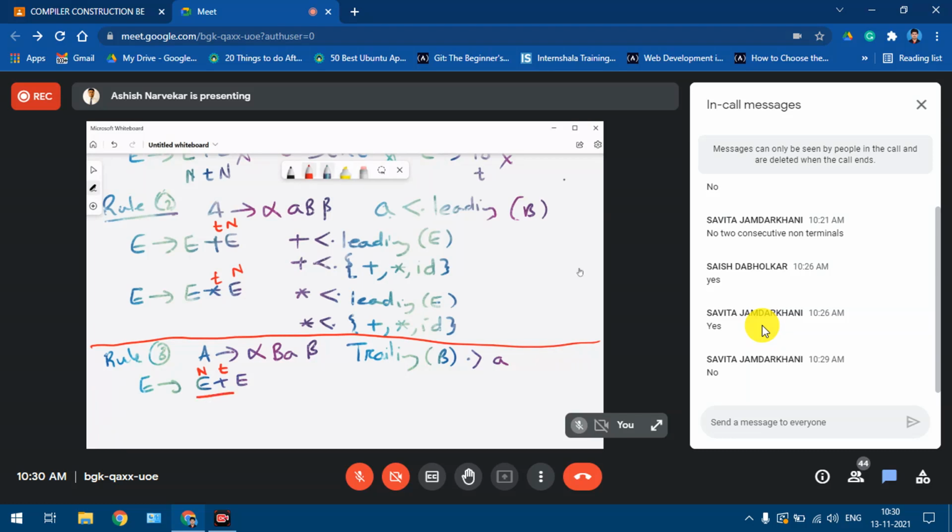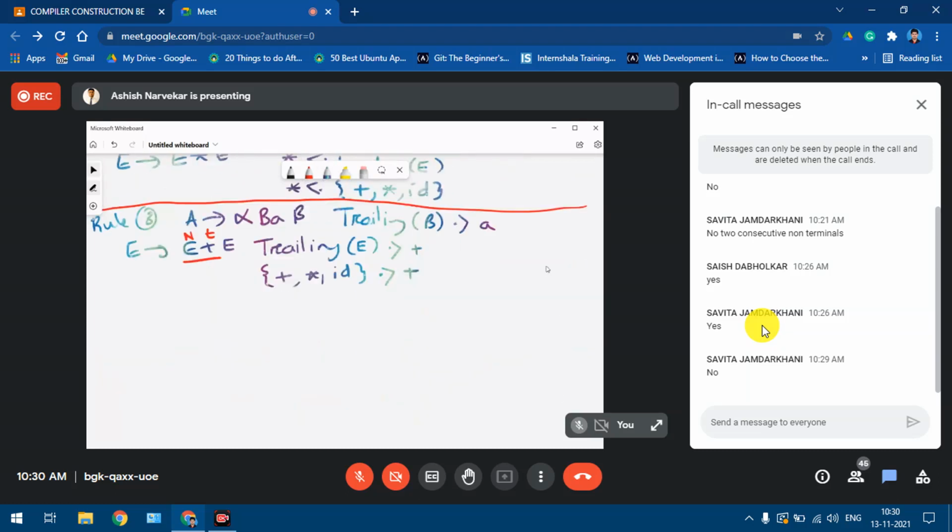So considering that, what we will get over here is trailing of E is having higher precedence than plus. So I think trailing set is plus star ID, higher precedence than plus. Okay. After that, we can apply rule 3 to the next production, E star E. Again, here also we have a non-terminal followed by terminal.